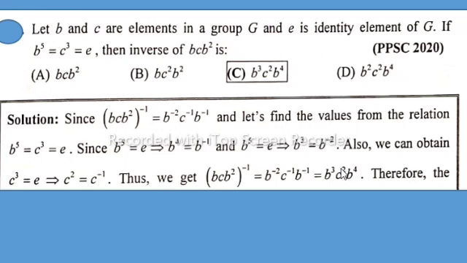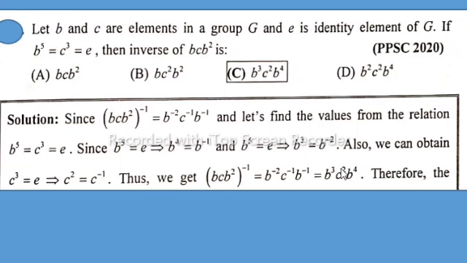In this lecture, I will solve Pakistan Public Service Commission 2020 MCQs, that is: let B and C be elements in a group G and E be the identity element of G. If B power 5 is equal to C power 3 is equal to E, then the inverse of BC B square is, since (BC B square) inverse is equal to B inverse 2 C inverse